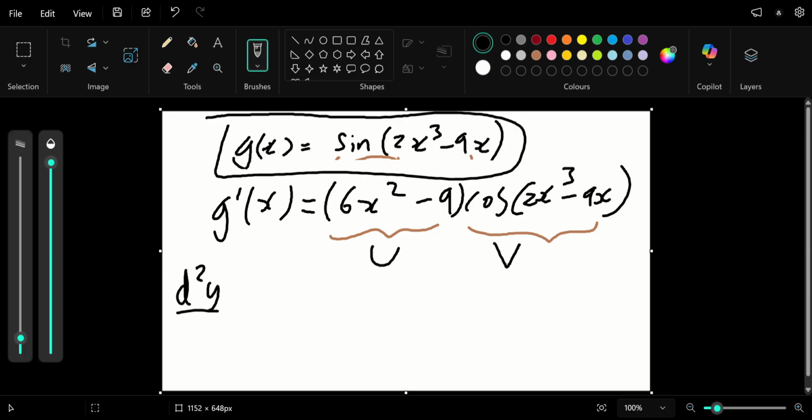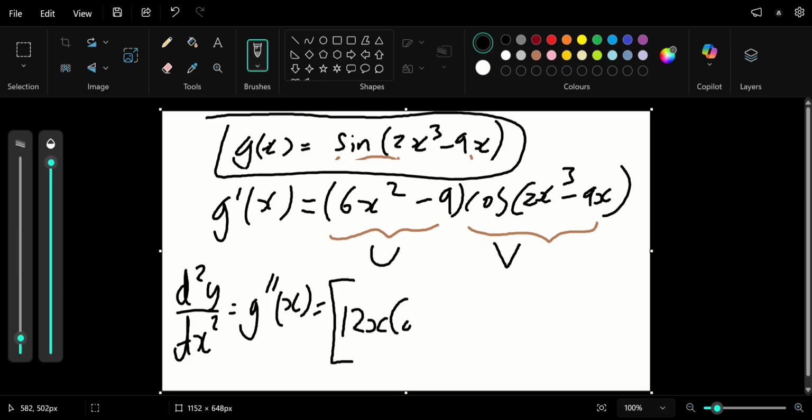So d squared y over dx squared is equal to g double dash of x. That's going to be equal to u prime, which would just be 12x from 6x squared. Differentiating minus 9 just leaves us with 0, multiplied by the rest of the function v,